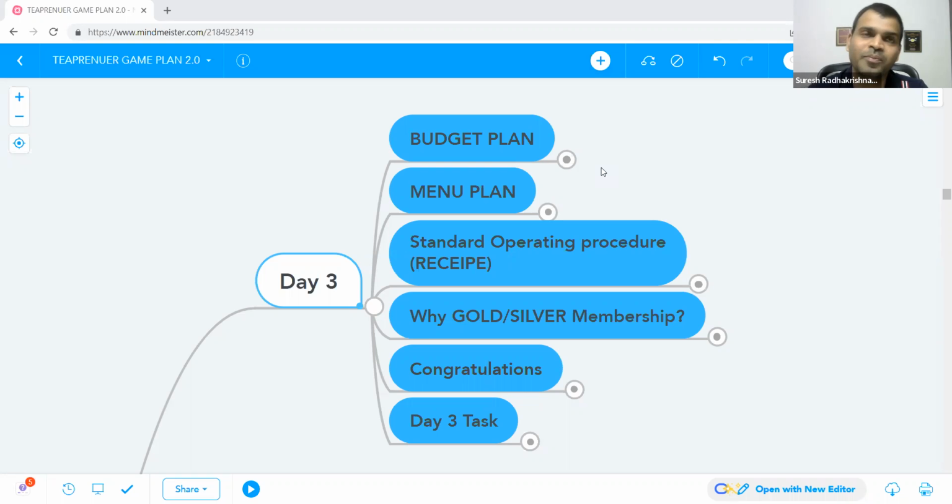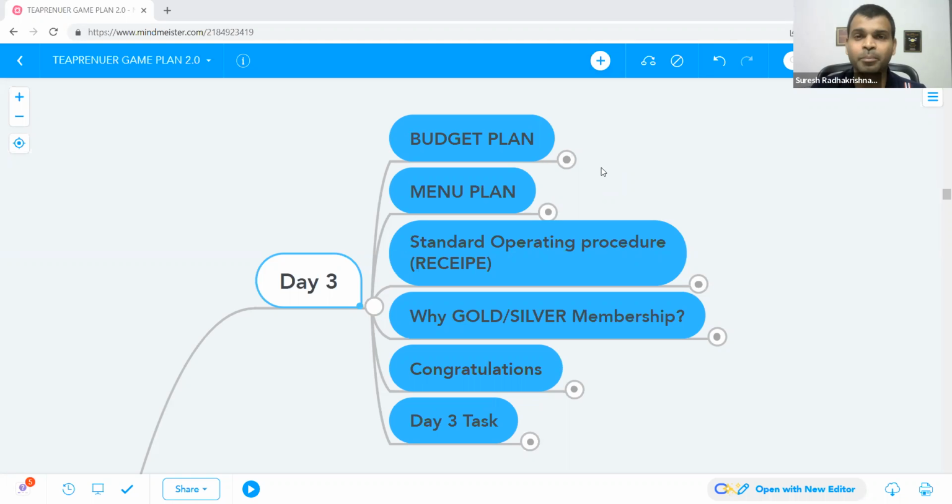And when it comes to calculating profits, I call it unit economics. Are you making profit or loss in that particular unit? These are very important. It's not going to take much time. It's crucial information that you need to know if you want to be successful in this business.